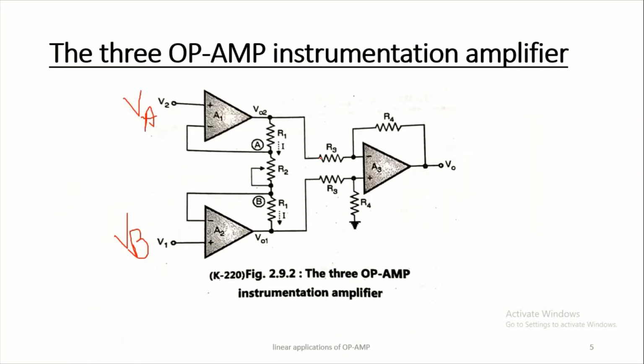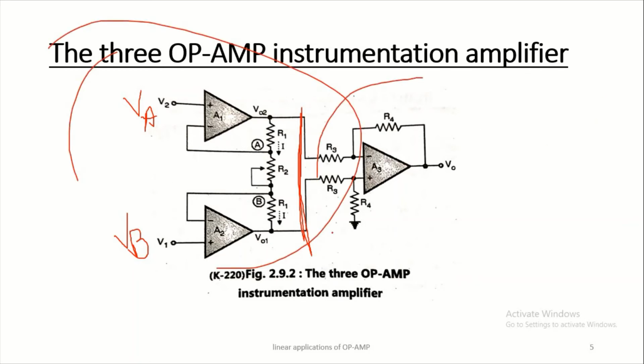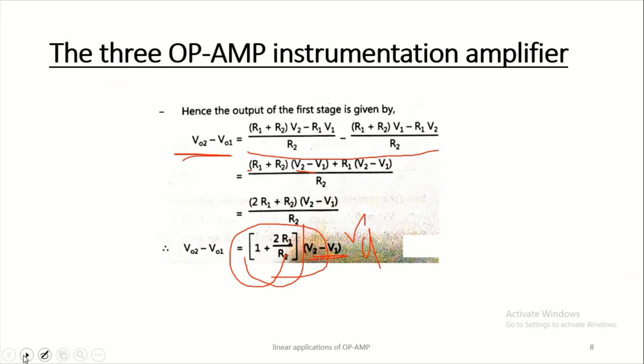The first figure, first stage. Up till now we derived the gain for this amplifier. Now we have to derive the gain for this part. So this is nothing but a simple op-amp. Here R4 is the feedback resistance and R3 is the input resistance. So this part's gain is written as